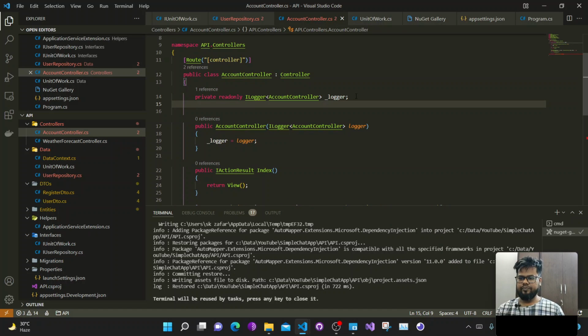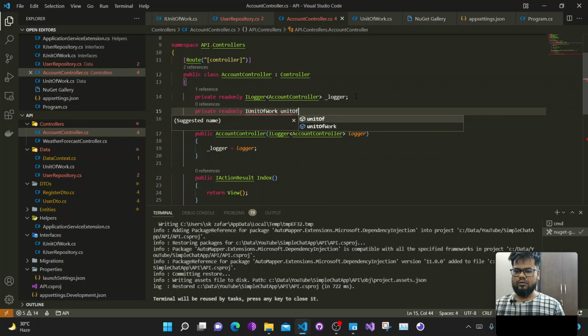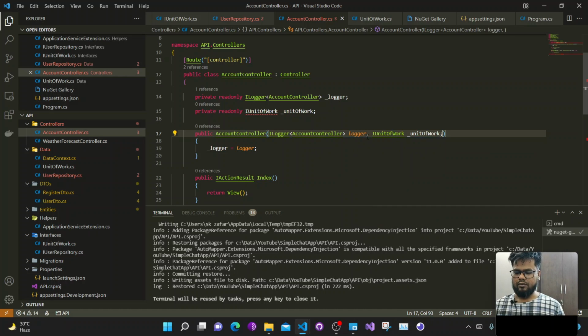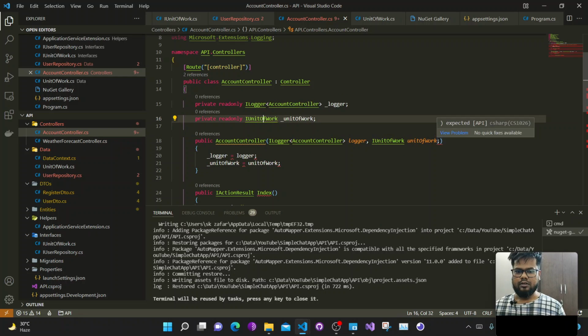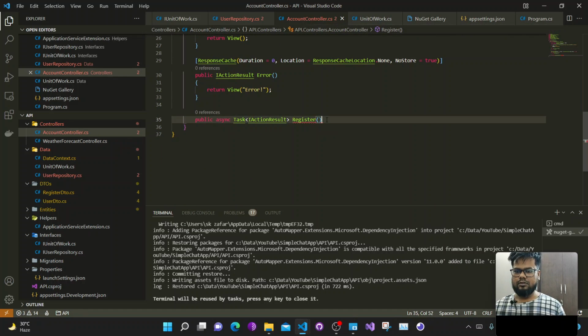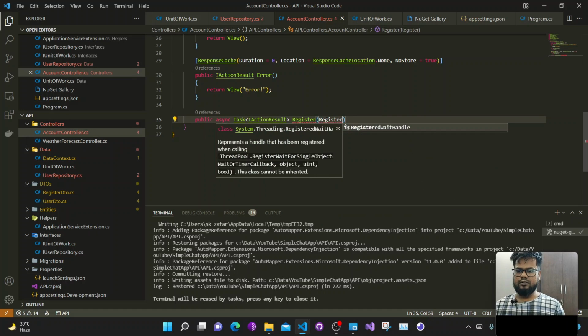Now we will say private readonly IUnitOfWork _unitOfWork equals to unit of work, copy, comma. Okay, my unit of work. So now bring the unit of work here, and let's give the RegisterDTO